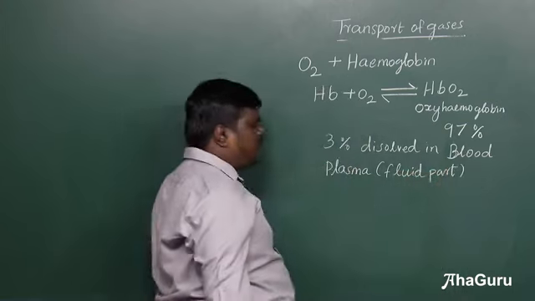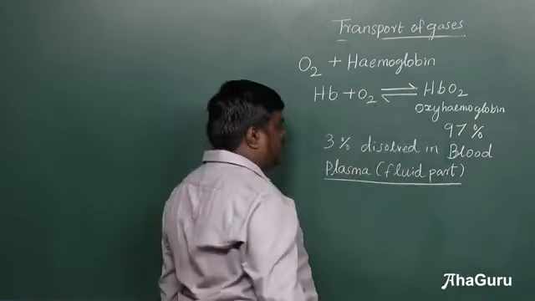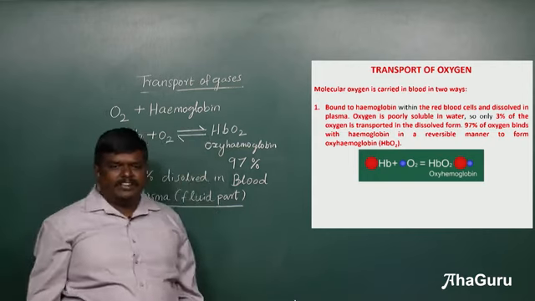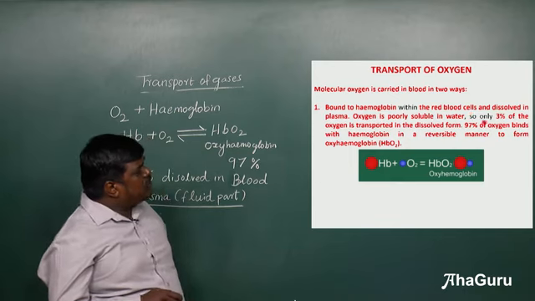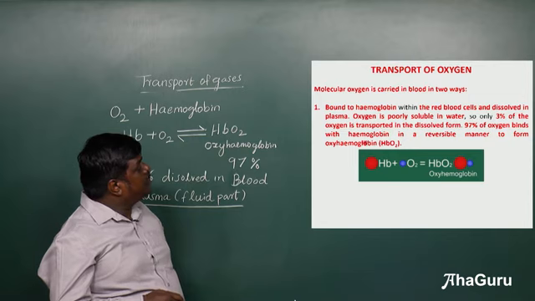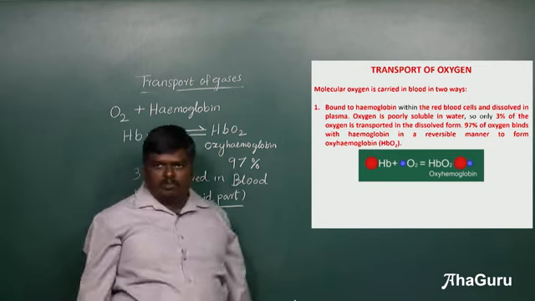In blood plasma, 3% oxygen is transported in the dissolved form, whereas 97% of oxygen binds with hemoglobin and is transported in the form of oxyhemoglobin,